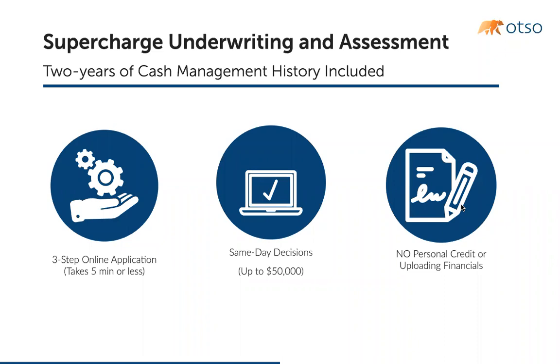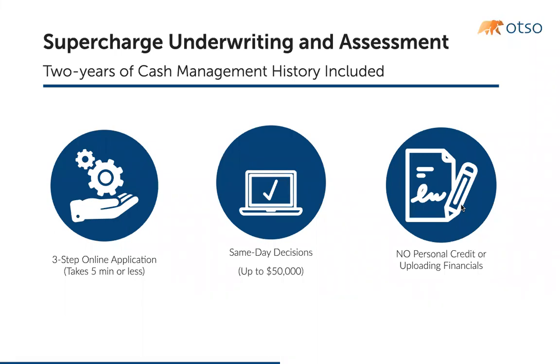There's no personal credit required. There's no account creation required. It's secure. It's encrypted. We use a company that's a $6 billion company backed by Visa called Plaid. And through our algorithm and our tech, we're able to make same day decisions. So we don't slow you down. If anything, we speed you up. And that's for up to $50,000.